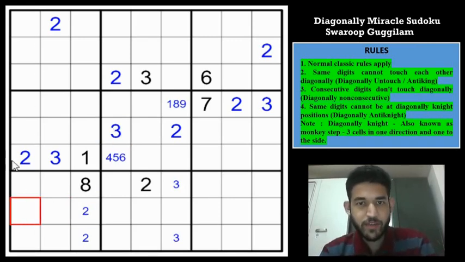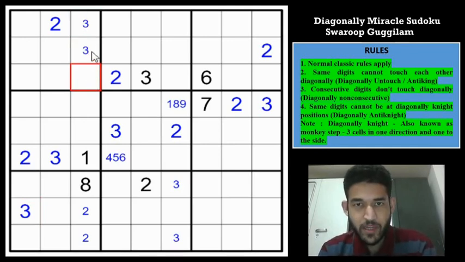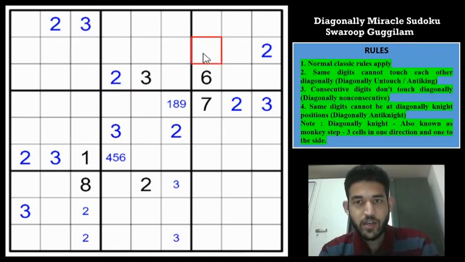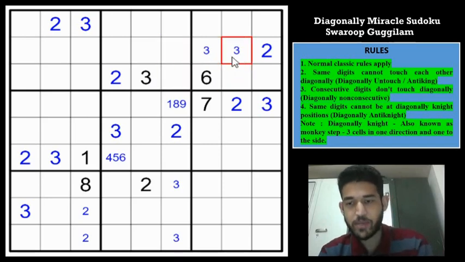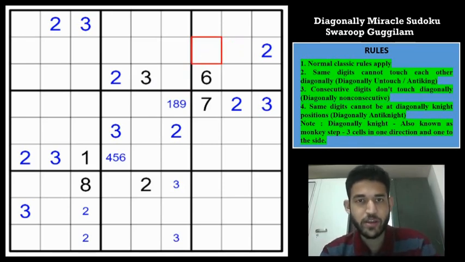So which means that we get the 3 here and we get the 3 in these 3 cells in column 3. But 3 can't be here and 3 can't be here because it will be consecutive to the diagonal cell. So which means that this will be 3, and now 3 will be in one of these 2 cells in row 2, and this 3 is at a monkey step away from this 3. 1, 2, 3. This way you can look at 1, 2, 3 and 1 step in perpendicular direction. So 3 would have to be here, right?